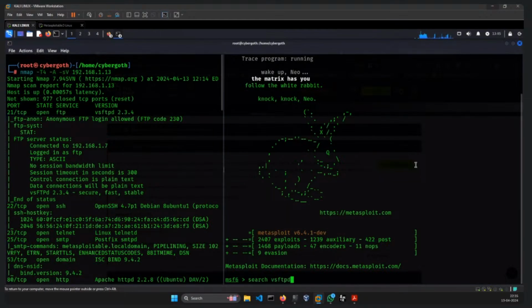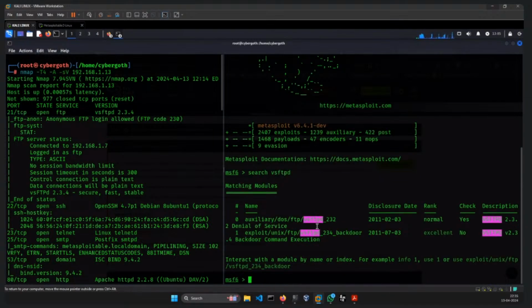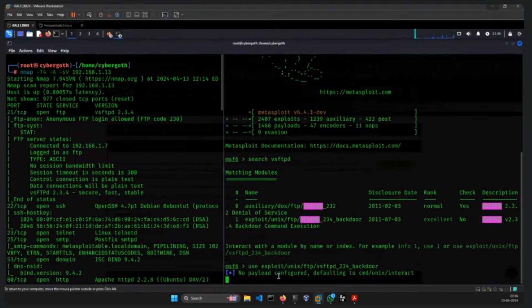So coming to MSF console, we can do search vsftpd. Okay, and you will see that this is also giving us two exploits. Okay, or two ways we can exploit this machine, right? Now if you use this one, like exploit unix ftp vsftpd 234 backdoor, right? So we are going to use number one, right? You can also write the entire path, right? So this way also you can implement your